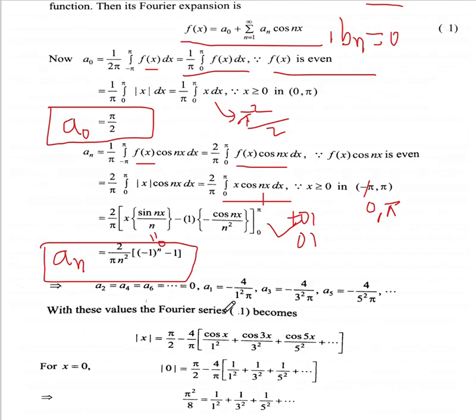Okay. Then for n equal to 1, 3, 5, for n equal to odd term, this will become minus 1 to the power 1, that is minus. So minus minus, that is 2 times minus, so this will become minus 2 into 2, that is 4 upon 1 square into pi. Then n equal to 3, so you will get minus 1 to the power 3, that is minus 1, minus minus, that is 4 upon 3 square pi. A5 is minus 4 upon 5 square pi, in this way. So you can calculate a1, a3, a5 in this way. Okay,